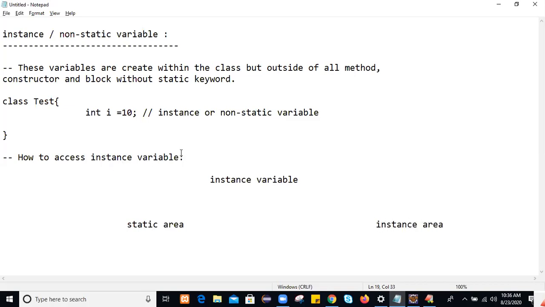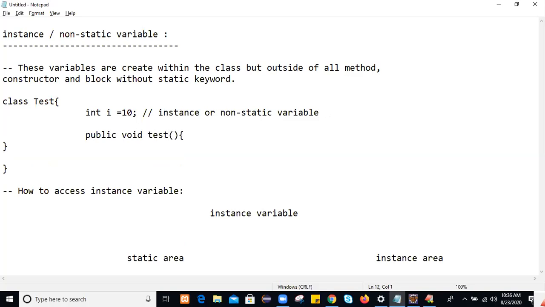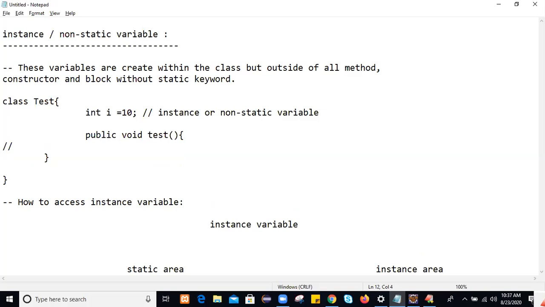If we have one method within the class that doesn't have any static keyword, like public void test, then this method will be treated as an instance method. Any instance method within the class is the instance area.